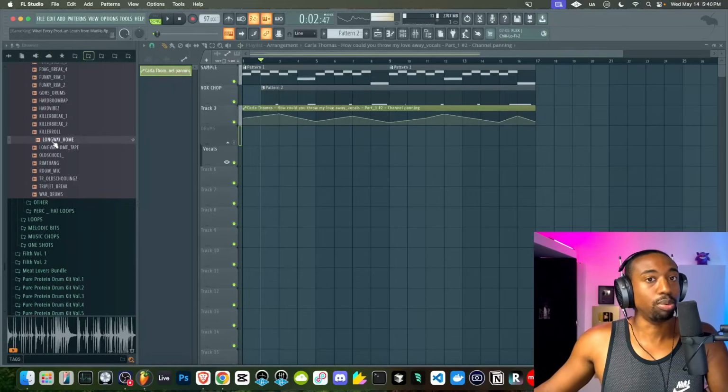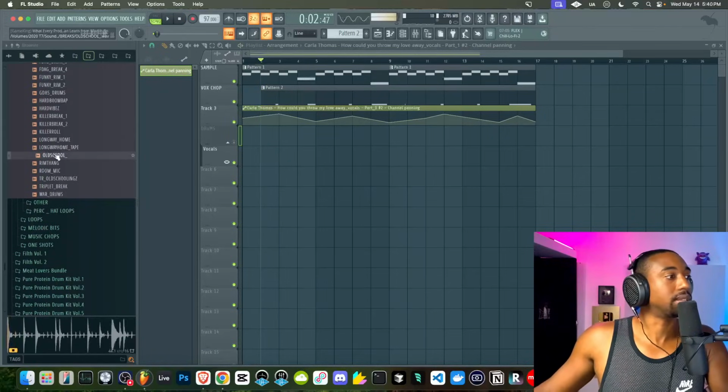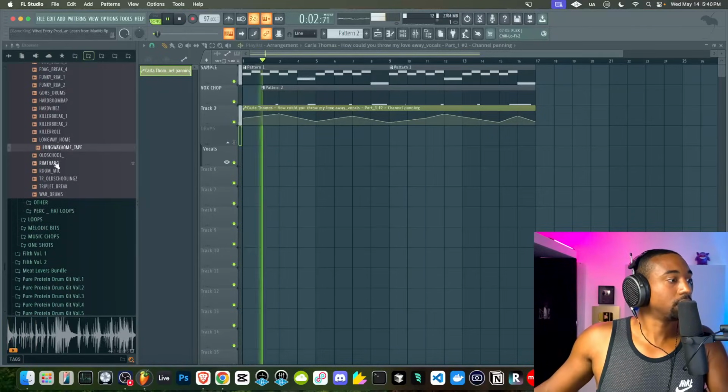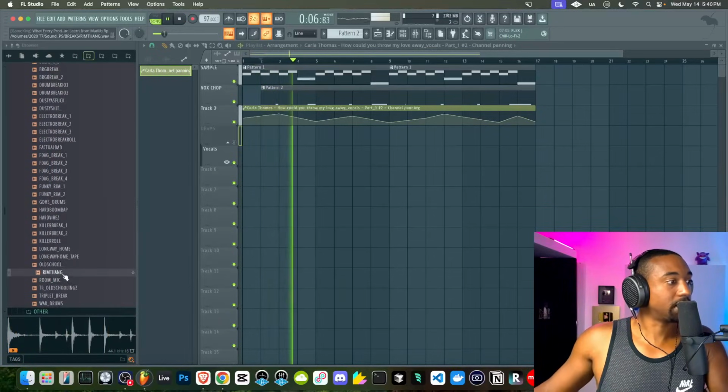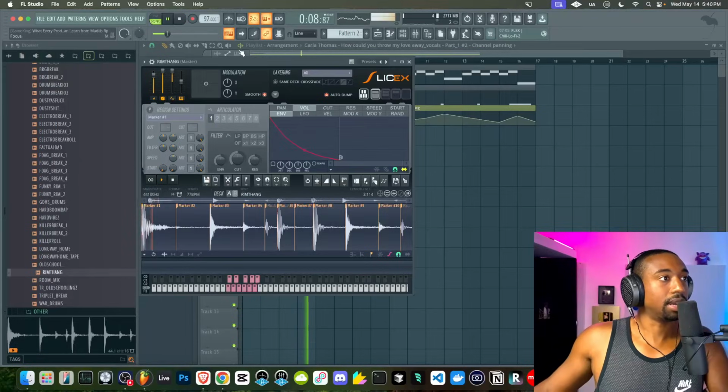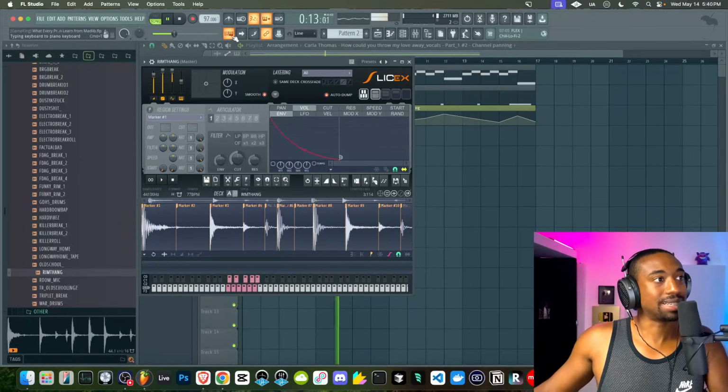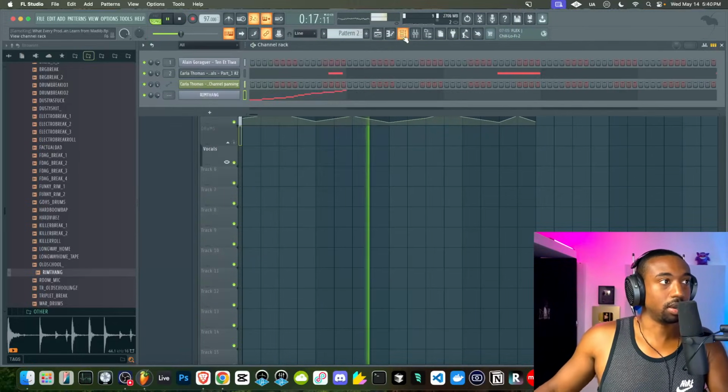It's not just like boom, boom, clap, boom, boom, clap. It's like a texture on each sample. So we need to find drums that match the tone. So these drums match. Let's right click, open and slice. And again, you could use your typing keyboard, right click, hit reset, and then right click and select the slice if you want to use your typing keyboard, if you don't have a MIDI controller.